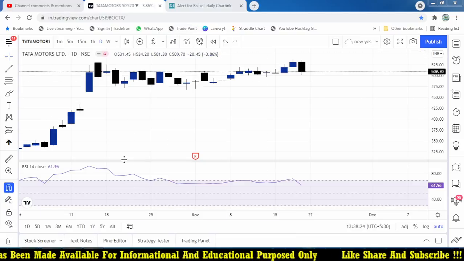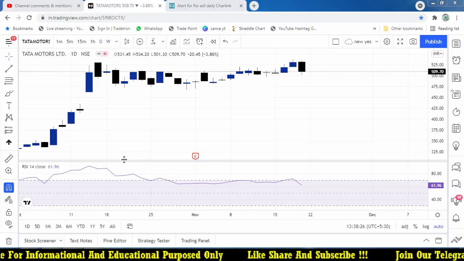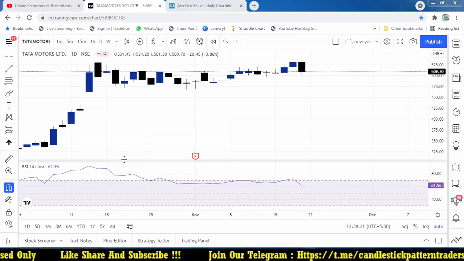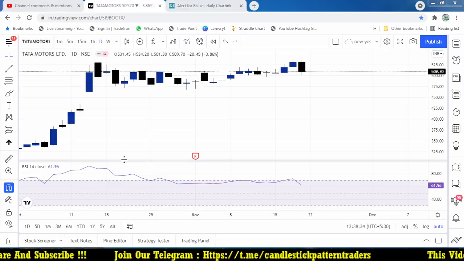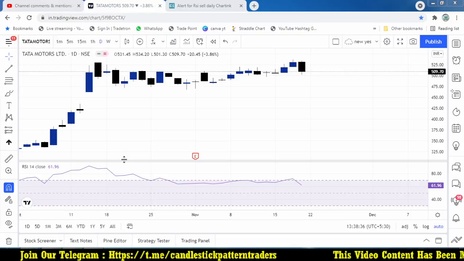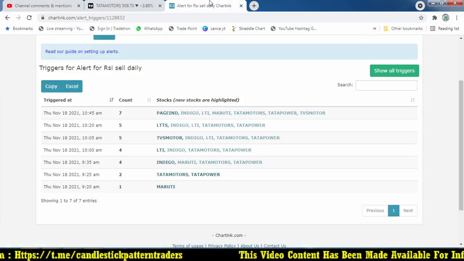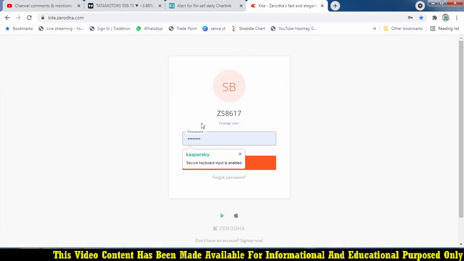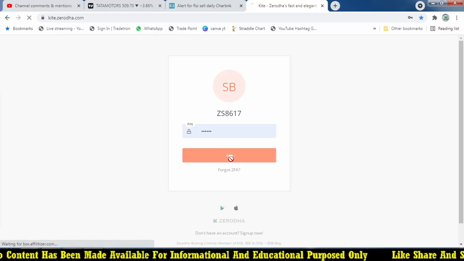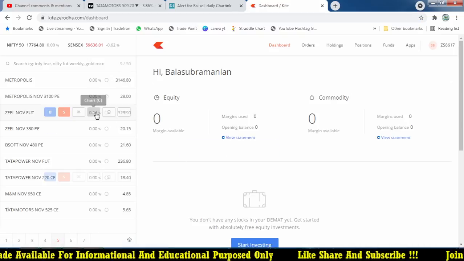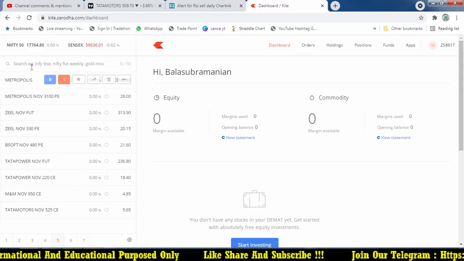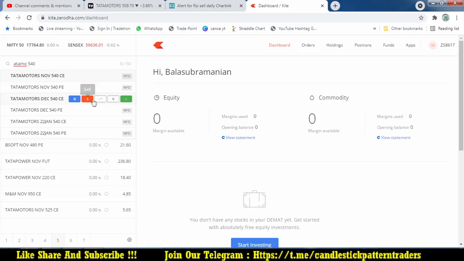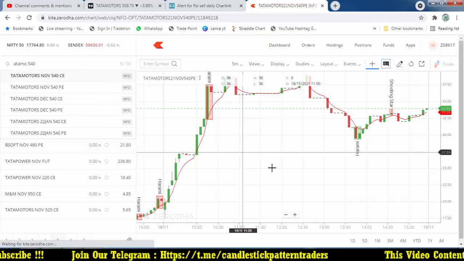So I don't follow any technical indicator to put my stop loss, correct? I'm not using any technical indicator or technical parameters here. The simple logic is that RSI crossed below 670, I'm going to take a trade. So if market suddenly moves up, how am I going to make a stop loss for the trade? If you are doing the trade at the market price at the time of your entry signal, you should enter, and that is your entry price. Now Tata Motors 540 put option, right? So at 9:30 I should have taken this position.